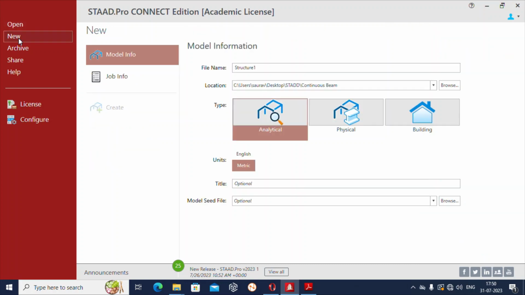So let us click on this new. So here we will need to give some model information. So we will give the file name. So let us write the file name as continuous beam,